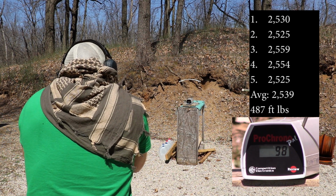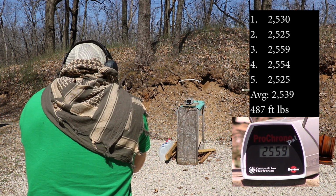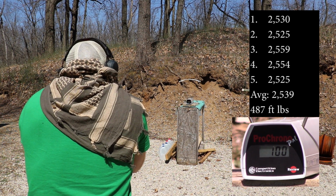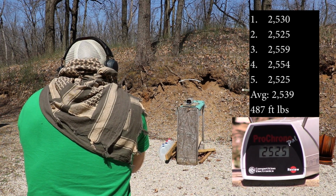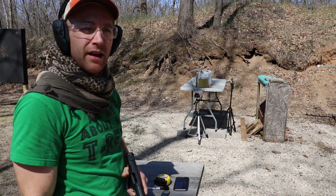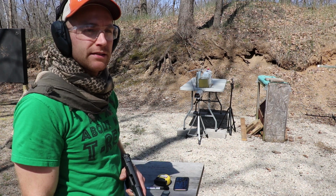25-30, 25-25, 25-59, 25-54, 25-25, and that's it. Alright, at about 10 feet we have a clear ballistics gel 6x6 by 16 inch block,